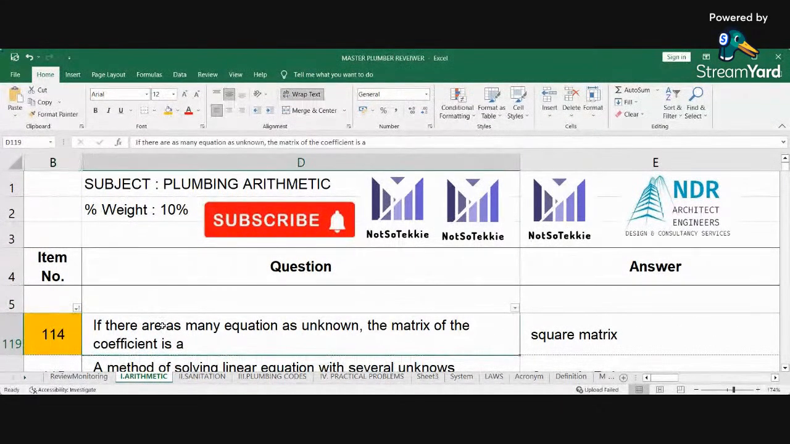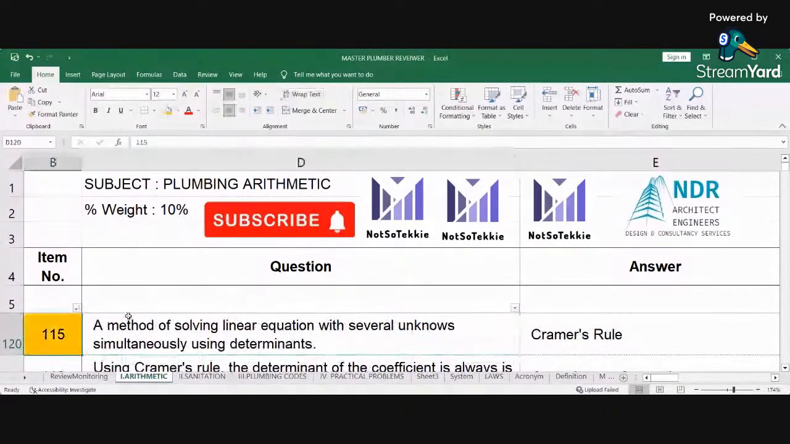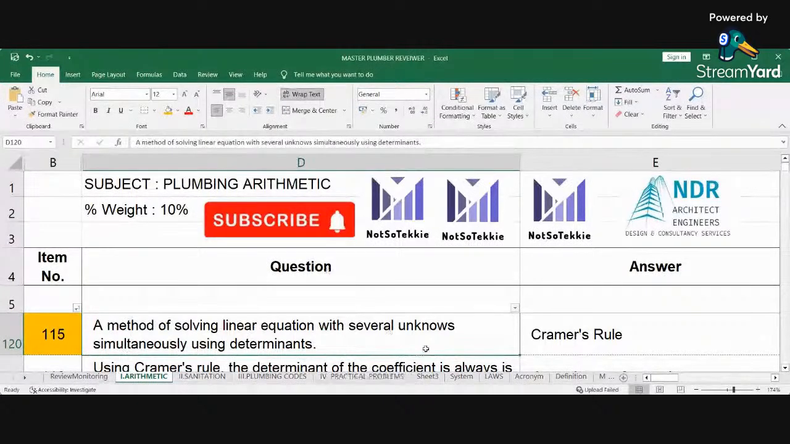If there are as many equations as unknown, the matrix of the coefficient is a square matrix. Answer is square matrix. Yun. And so, ano nangyari dito? 115 tayo. 115. Method of solving linear equation with several unknowns